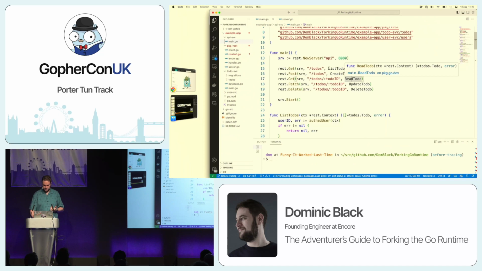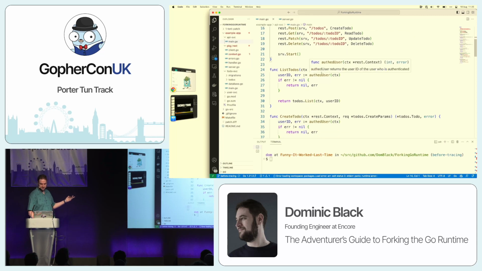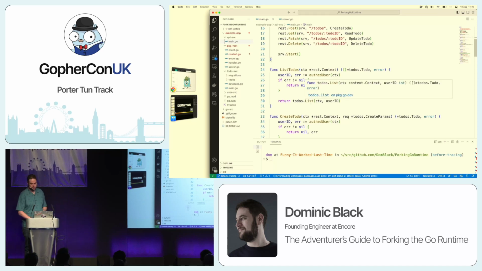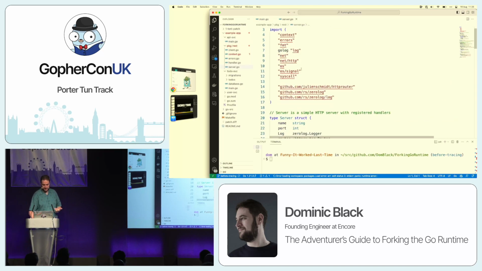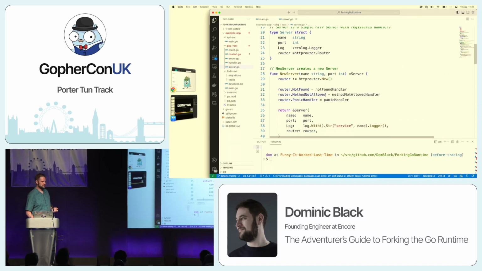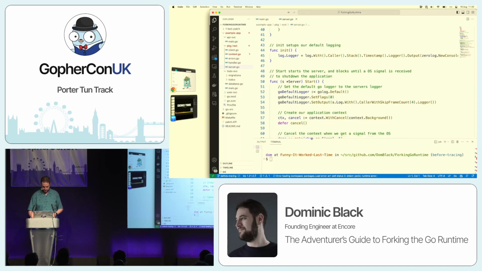OK. So this is the main function for the API gateway. All it does is listen on port 8080, register a bunch of routes, and then inside those routes, for instance, list to-dos, it calls an authenticate user call, which calls off to the user microservice, and then calls the to-do microservice to list the to-dos. I've built a very small REST library here to abstract away all the marshalling and networking for us. But under the hood, if we have a look at it, all it's using is the inbuilt net/http server, some Zerolog, because I built this before slog was in the standard library, and that's about it. So if we run this microservice now,